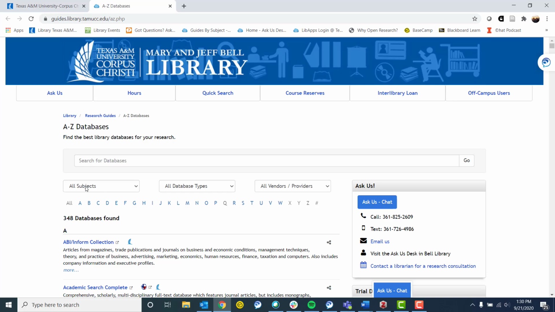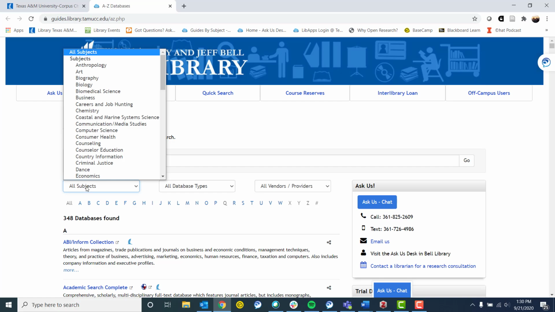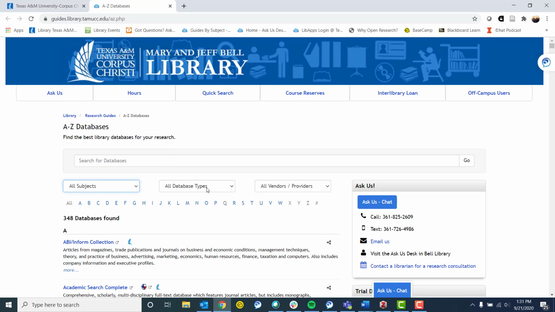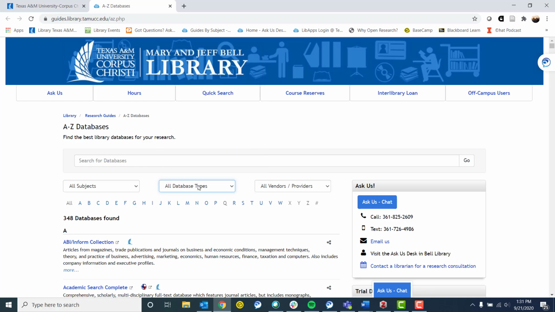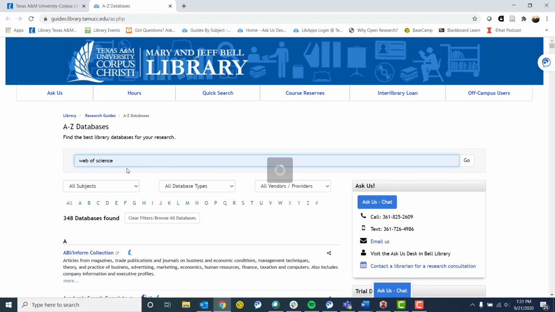I can narrow down the database I'm looking for by looking at a particular subject area, such as biology or engineering. I could look for a certain database type. If I'm only looking for dissertations and theses, for example, I could narrow down that way. I can also look using the alphabet. I'm looking for Web of Science, or I can search for it in the top, Web of Science, and search